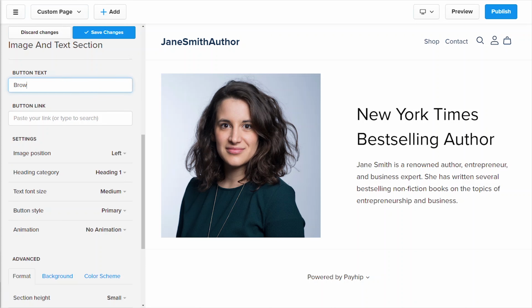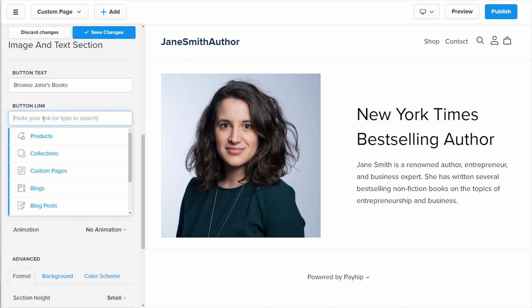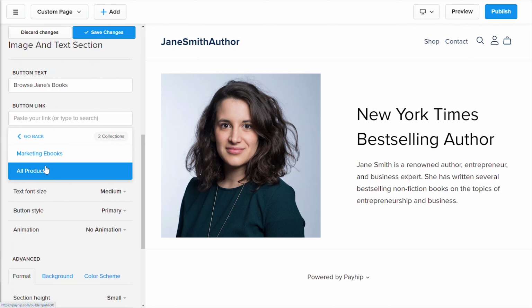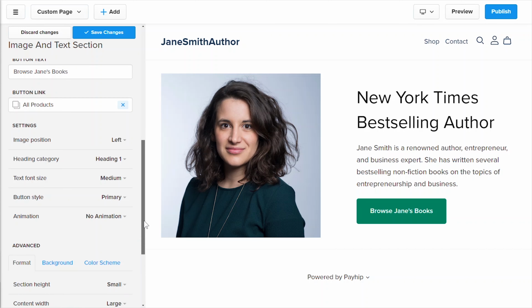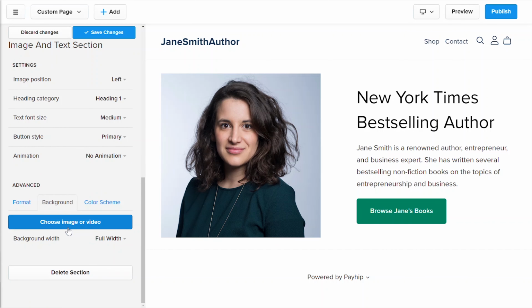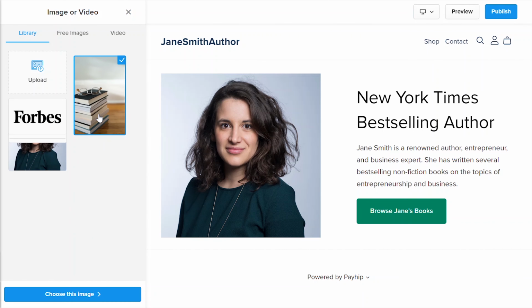For the button, I want to lead people to my shop page so they can browse all of my books, so under the button link, I will select Collections and select All Products. There are more customization options down below, such as adjusting the image position, text size, and more, but I'll leave those for now. If you'd like, you can also input a background image like this,